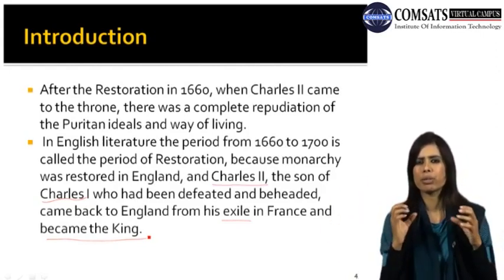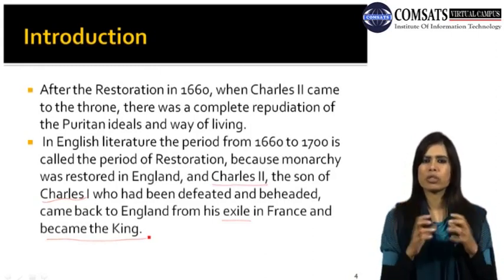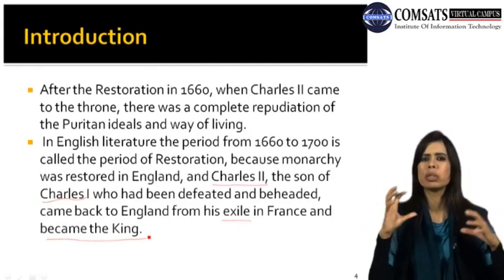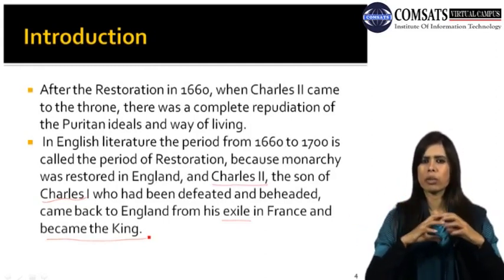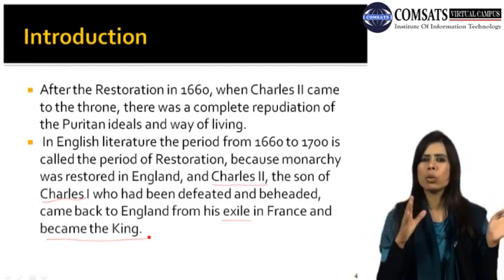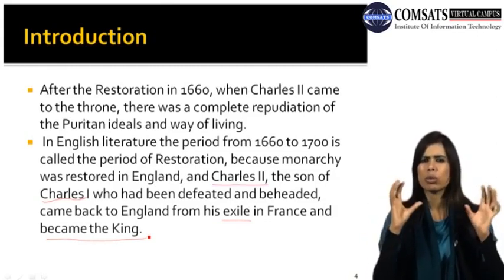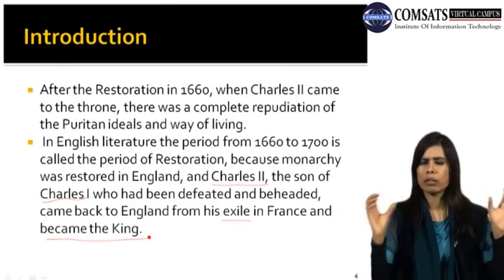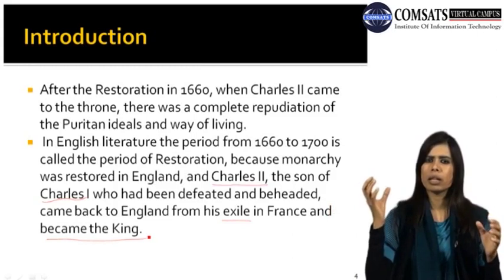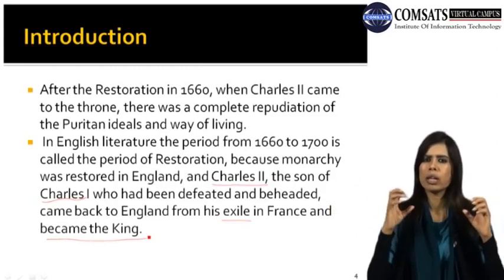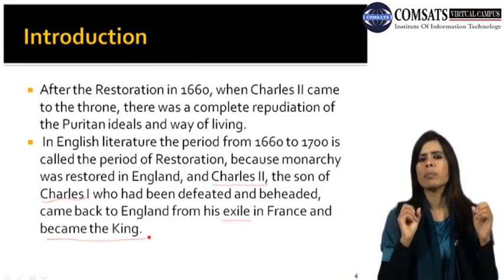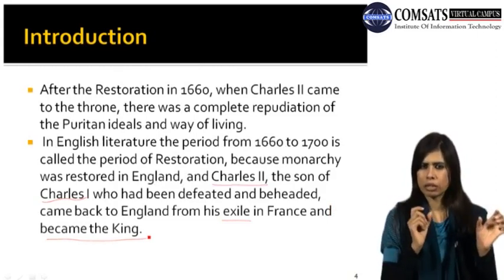That is why this period is known as a restoration period. So my dear students, here we will talk about the effects of monarchy on English literature, because they were against the Puritan ideals and the way of living. These are all power games as well: when one ruling party came into power, they negated the previous ideas and the previous ideologies. So you just have to keep in mind this thing